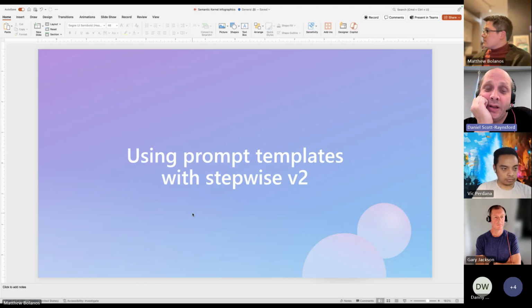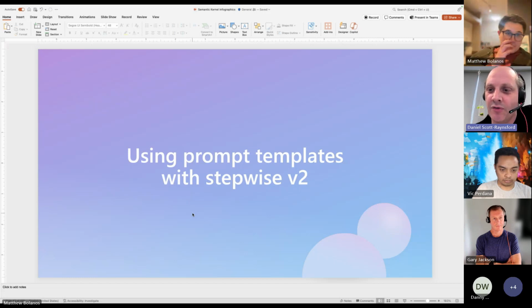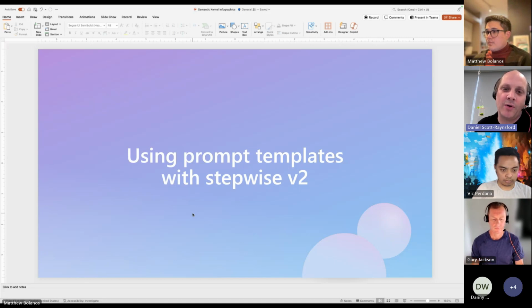Well, I was using parameterized templates, and so I was passing in the actual prompt template and the parameters in the old planner. This was probably pre 1.0, and when I moved to the new function calling Stepwise Planner, I was just trying to work out how to do something similar. So basically the prompt is templated or parameterized.